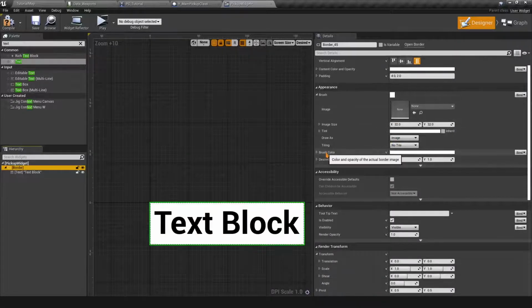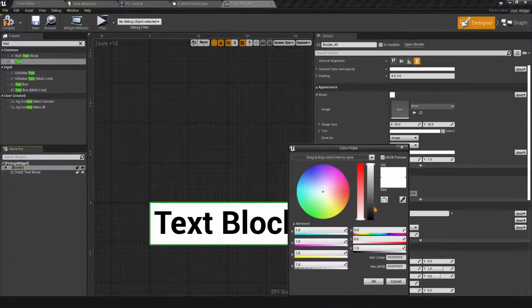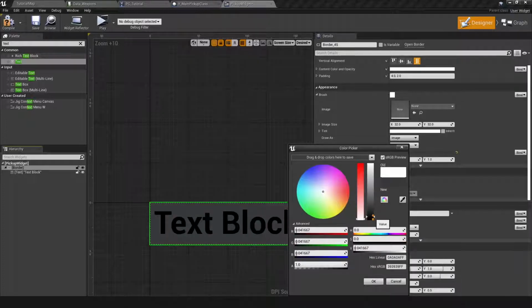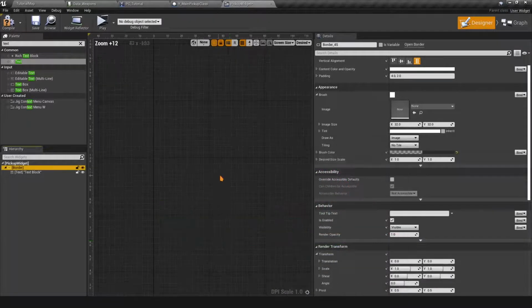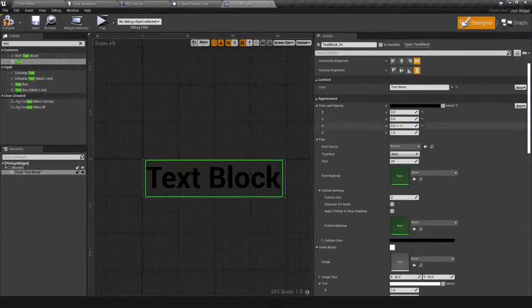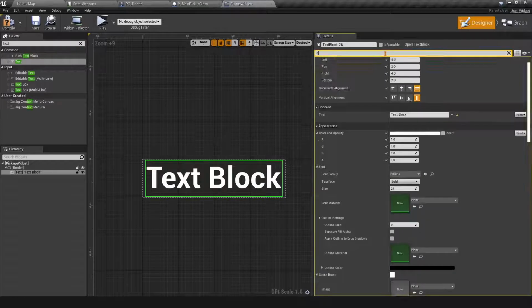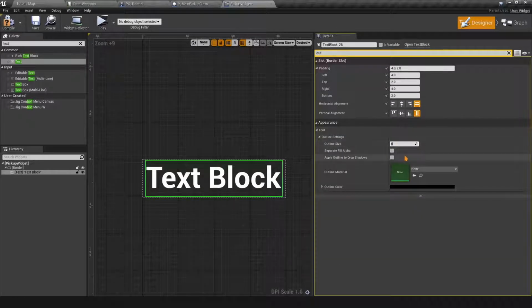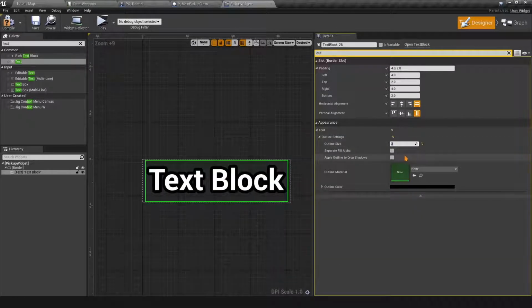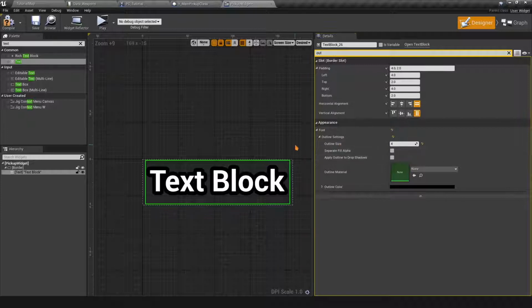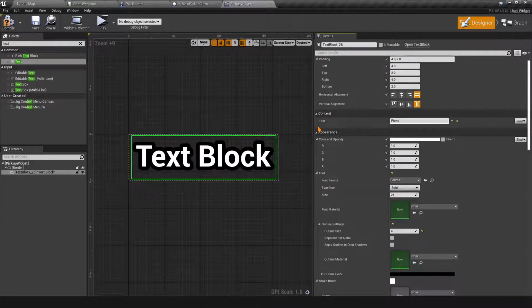For the border here, I'm going to change the brush color to, maybe we don't need a border color. Let's just put it to 0 for now. We'll see what happens. So this one, we can put it to white once again by clicking here, but we can also do an outliner. So outliner is probably better that way, so we can do 3 there or 4. Let's do 4. Okay, we can change the text here to like pickup name for now,